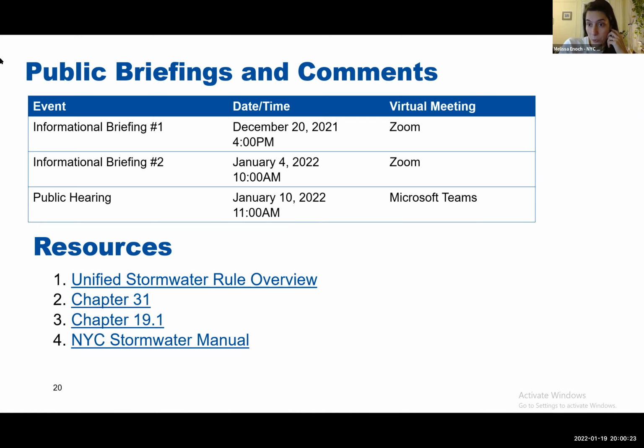We have some resources. We have a new private incentive program that private property owners that are very large, with greater than 50,000 square feet or more of impervious area, and have some opportunity to implement stormwater management practices can take advantage of. So we try to incentivize that where we can. We also have a green roof grant program that only funds green roof retrofits. But that's about it. I think right now the only tool we have for retrofits is information and incentives, and just encouraging people to know what's happening with their stormwater and how it may be impacting the neighboring community. So yeah, I know that's not